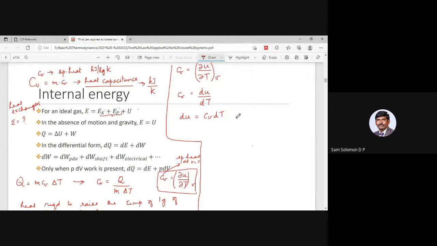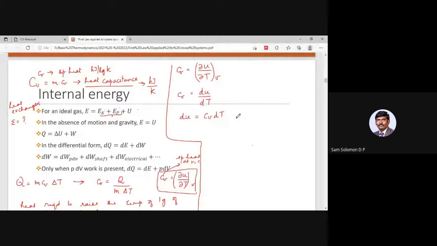One example where this heat capacitance plays a major role is where you find the effectiveness of the heat exchanger, where in the denominator you will be requiring to find the C minimum of the fluid. Okay, so this is just for your information. So the heat capacitance, we won't be using much, we will be using specific heat. But when it is multiplied by mass, it becomes capital CV. Okay. So let's come back here.